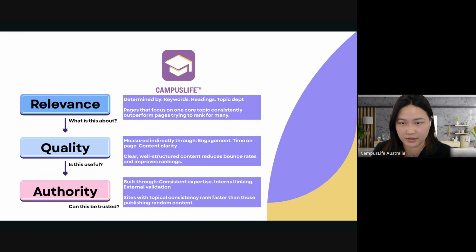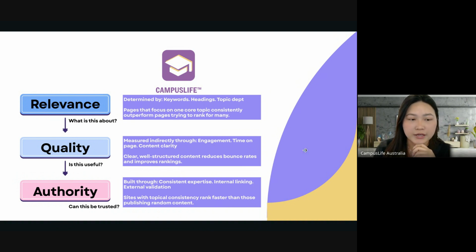Second is quality. Is that content really useful to the user who reads it? That can be measured by engagement and by the time on the page. If the user finds it engaging and useful, they will keep reading, which means the time they spend on the page will be higher, and you can track it via Squarespace Analytics or Google Analytics.